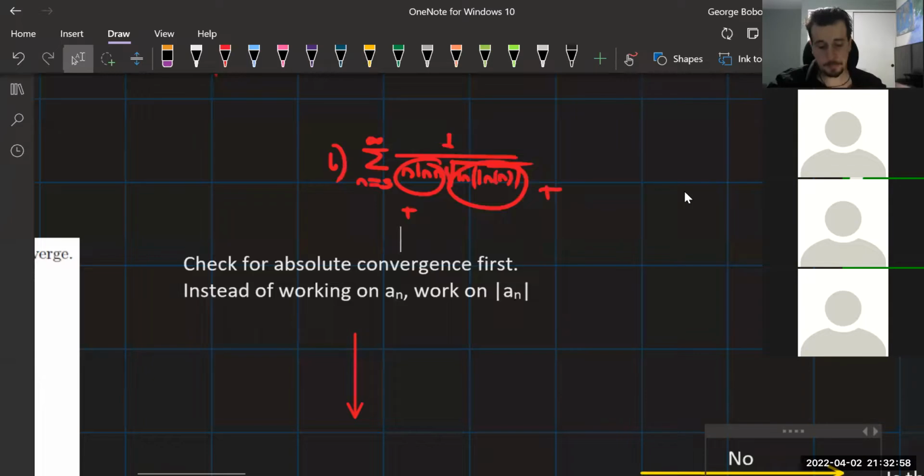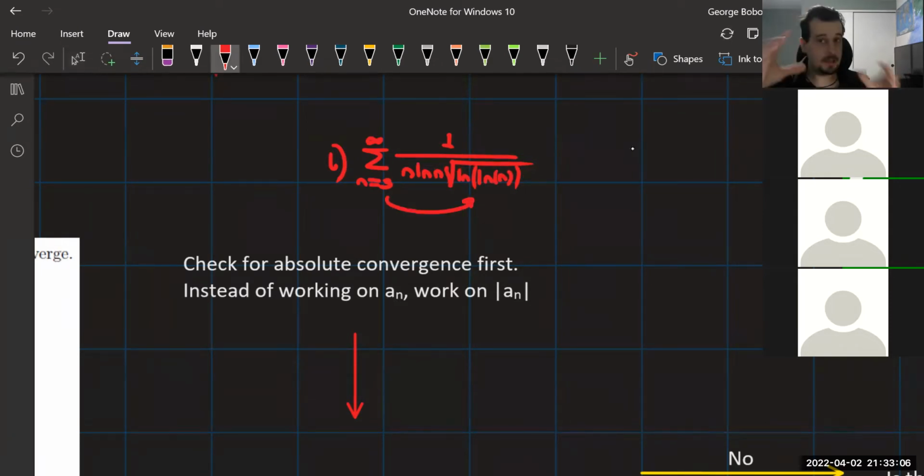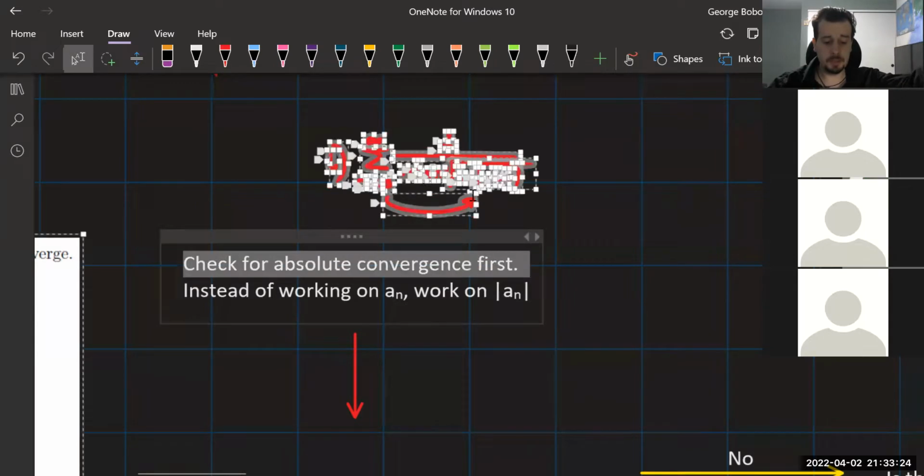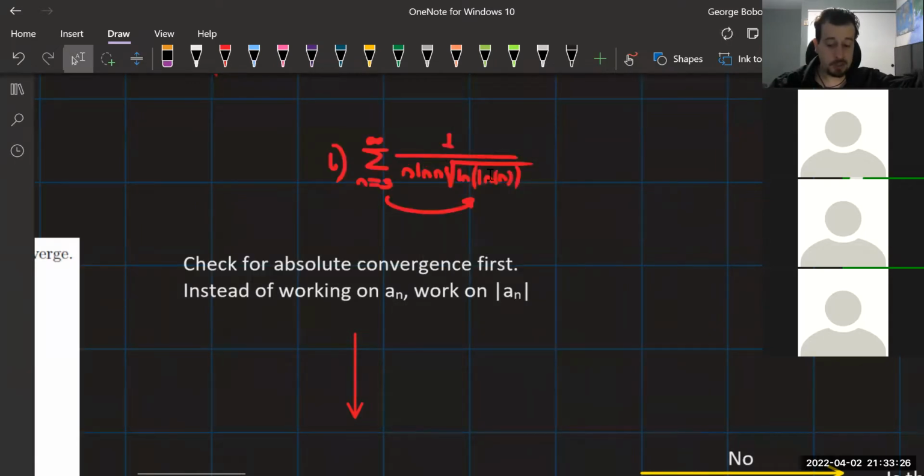Pause the recording. Okay, so we're about to check for absolute convergence. And I'm checking again if the smallest n value of that series will give us a negative term, and it didn't. I plugged it in the calculator, it gave us a nice positive. If the lowest value of n doesn't give you a negative, there's no way that n equals 4, n equals 5, or n equals 10, if you plug them into these functions that all increase, become more positive with larger n, there's no way you're gonna make this negative. You can check if you don't believe me, in your own time.